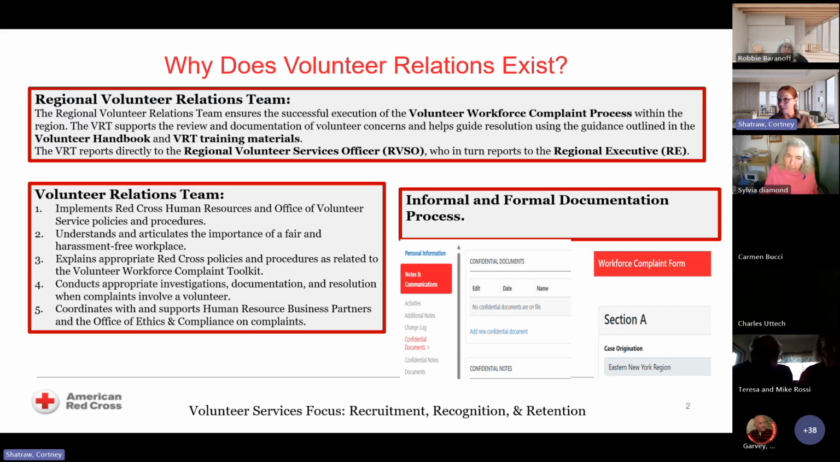Okay, so my name is Courtney Shatra. I'm the Regional Volunteer Services Officer. Got it going the right way. I have been with Red Cross for 8 years, 4 months in a variety of different roles before joining the